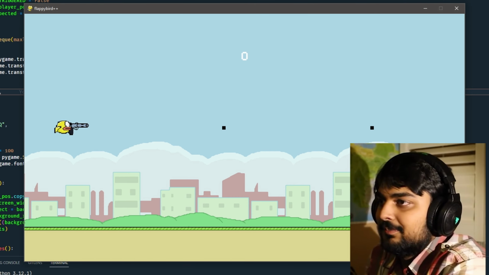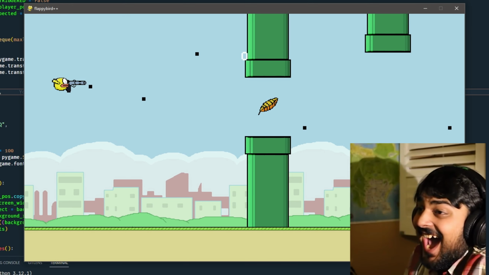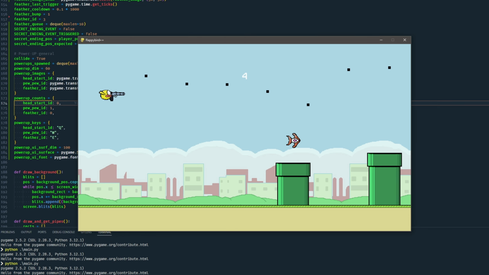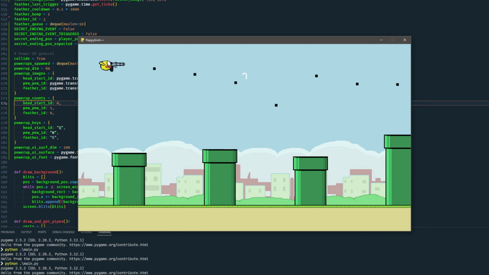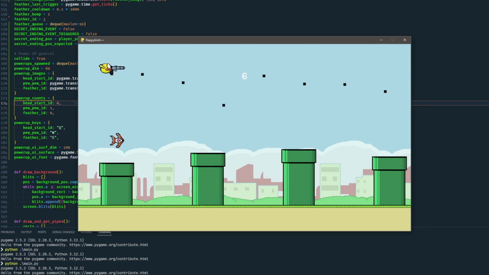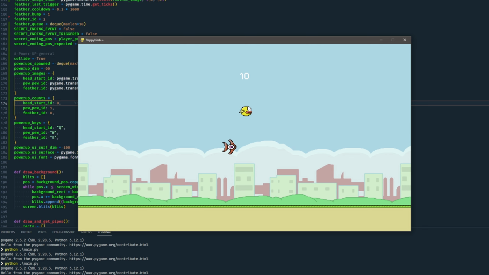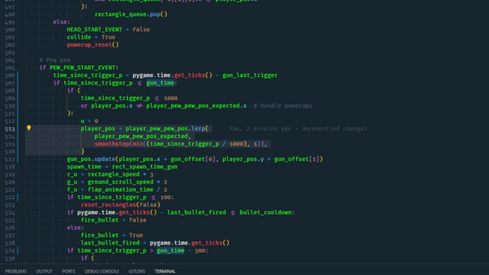For the gun, I don't know man, I think this looks way too funny. The gun just stays there. I mean, there is no recoil animation or anything of that sort. I'm not even adding a sprite for the bullet yet, so maybe one of you guys can add an asset and raise a PR. When the power up is triggered, I'm using the same lerp function again,